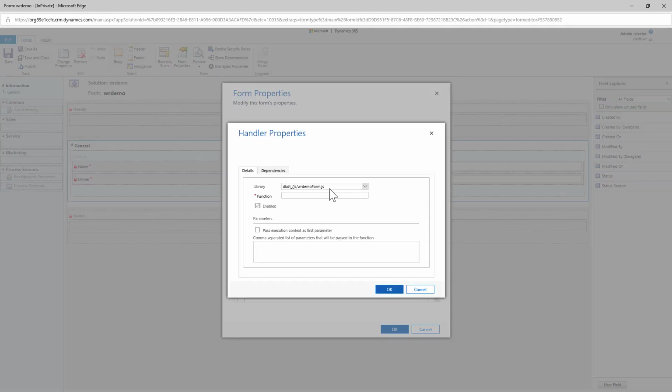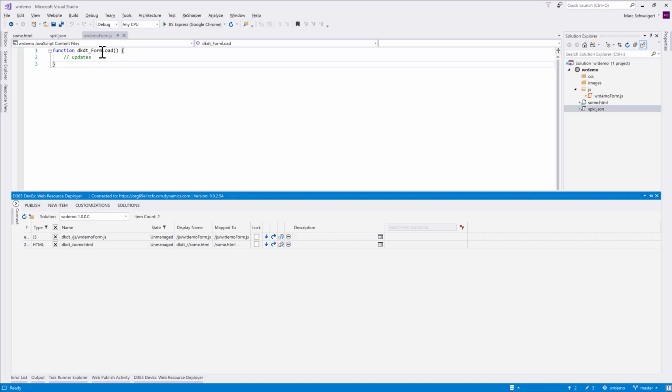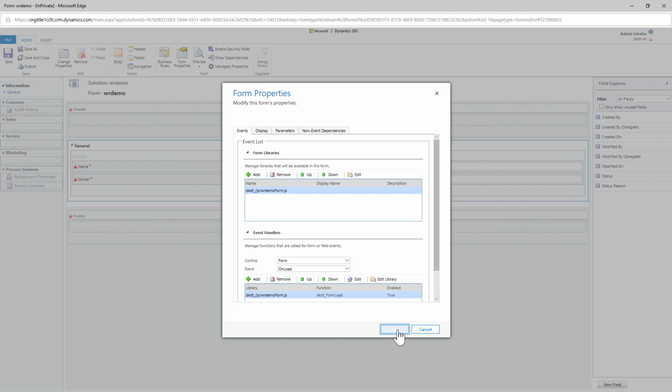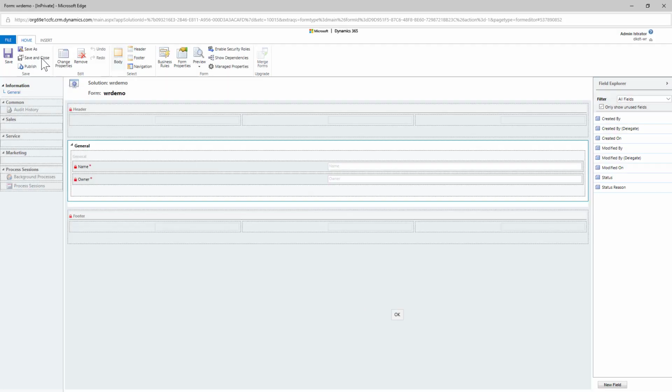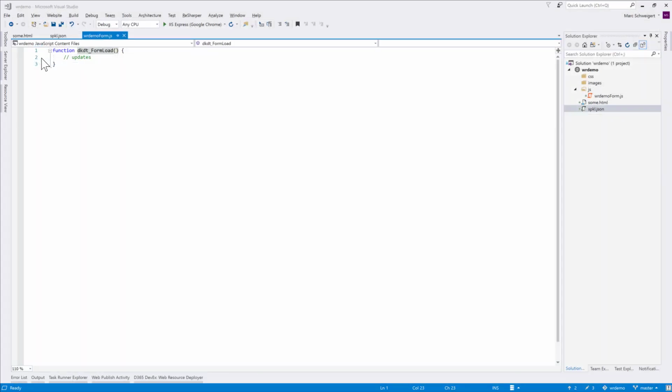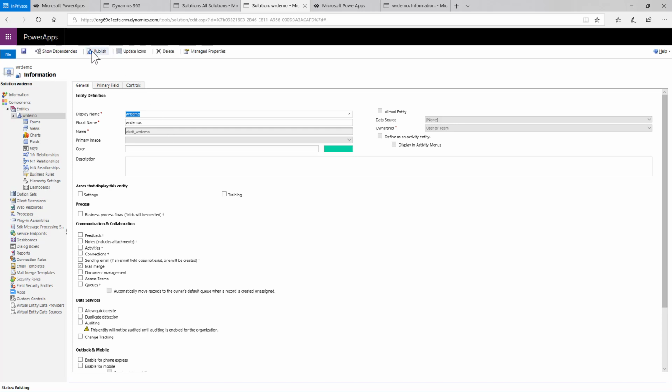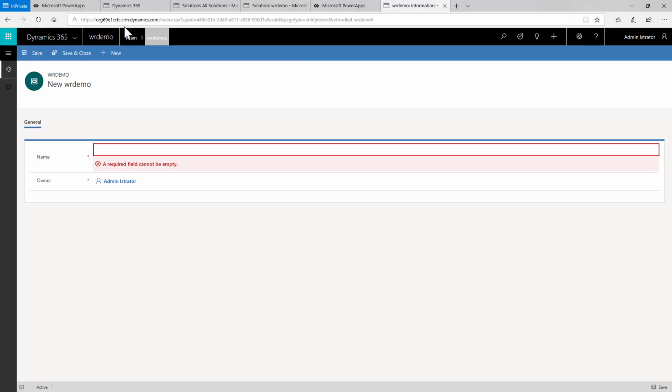So that's the library. Let's go grab the text from Visual Studio. So we're calling the function in the JavaScript file when the form loads. Click OK, OK. Save and close this. Come back over here. Let's just go ahead and publish. All right, so now if we come over to our form here, so if we refresh this form,